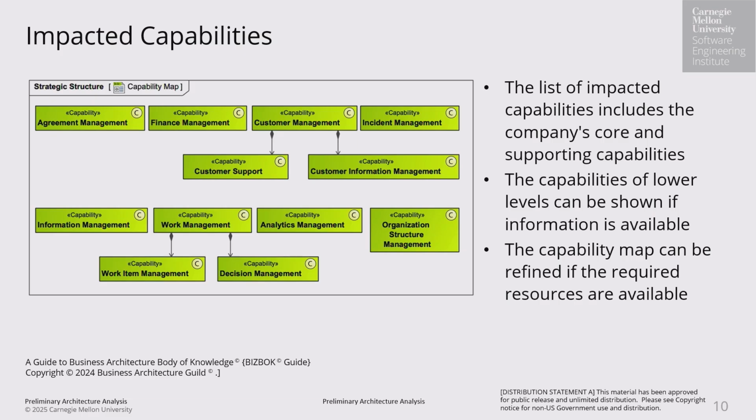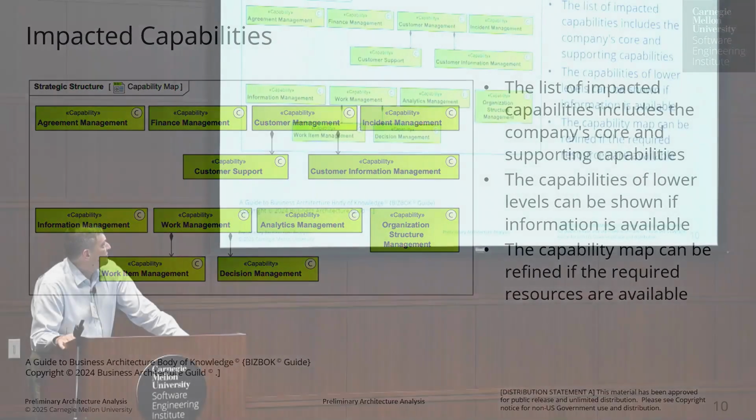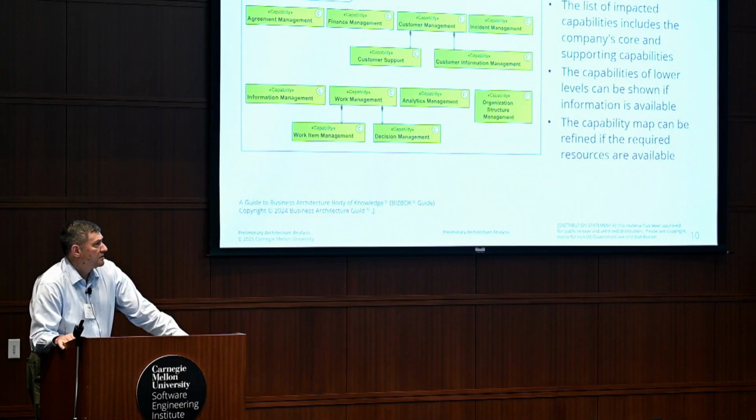So you don't have to specify which of these capabilities are strategic, core, or supporting, because you're interested in the impact of the initiative you're considering onto the capabilities, and that's what matters. In case you go to very low level capabilities, it will pollute the analysis. So you want to stay away from the third and fourth level of capabilities